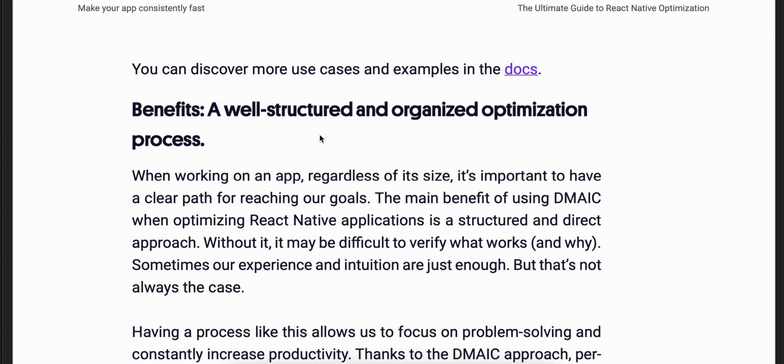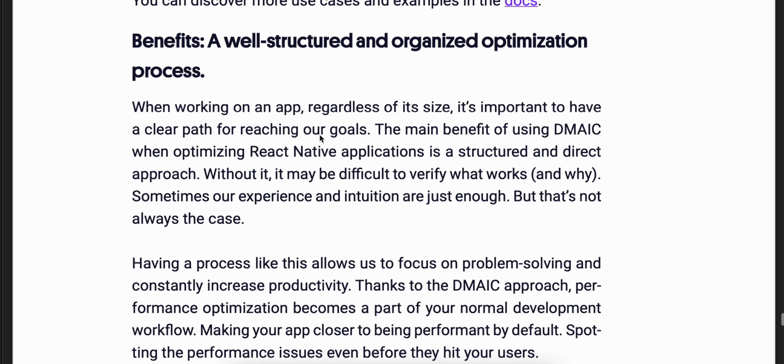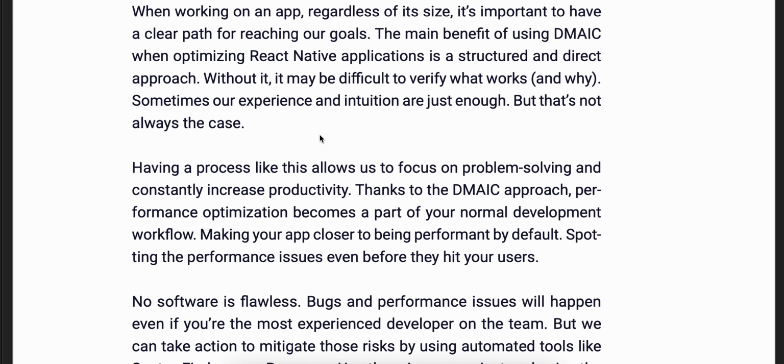There are benefits of a well-structured and organized optimization process when working on an app, regardless of its size. It is important to have a clear path for reaching our goal. The main benefit of using DMAG when optimizing a React Native application is a structured and direct approach. Without it, it may be difficult to verify what works and why. Sometimes our experience and intuition are just enough, but that's not always the case. Having a process like this allows us to focus on problem solving and constantly